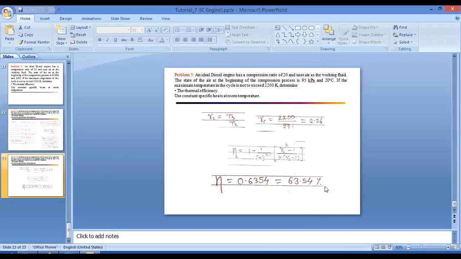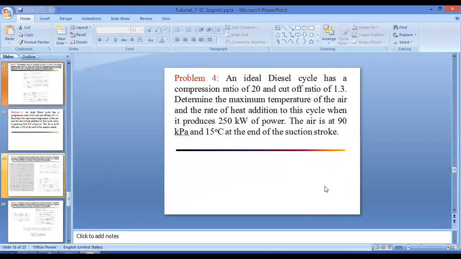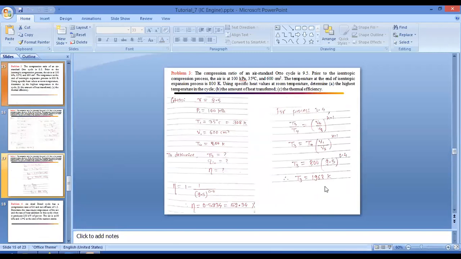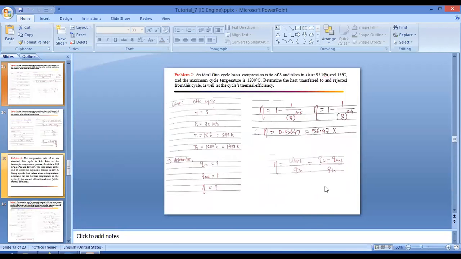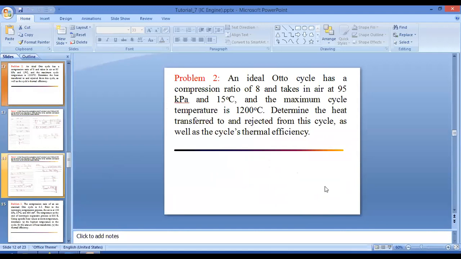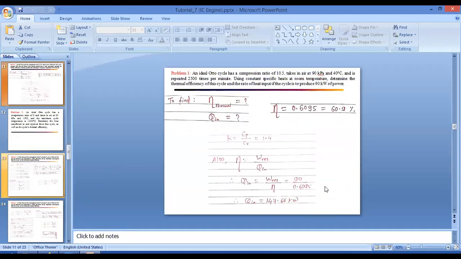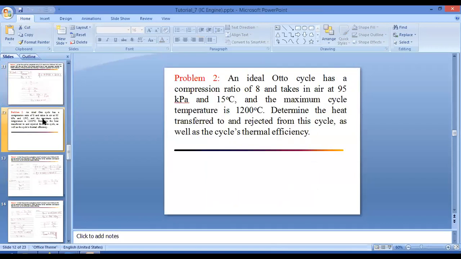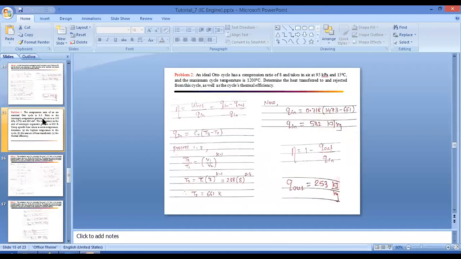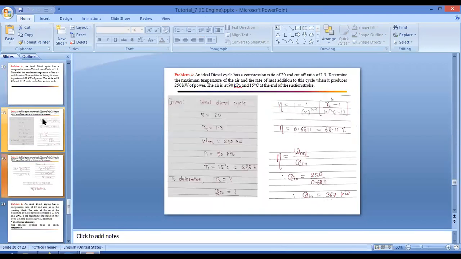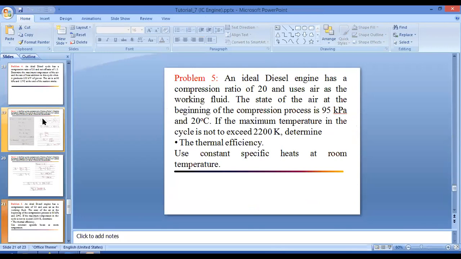Okay, so these are some of the basic numericals of the IC engine chapter. In the coming time, I will share one more assignment with you regarding the numericals of the IC engine. With the help of these 5 numericals, you have to solve those assignments. And if you face any problem solving those numericals of the assignments, you can contact me at any time.